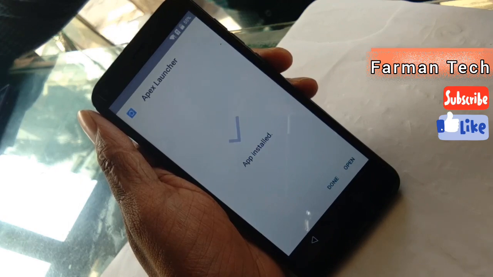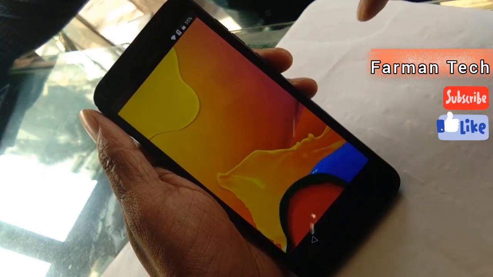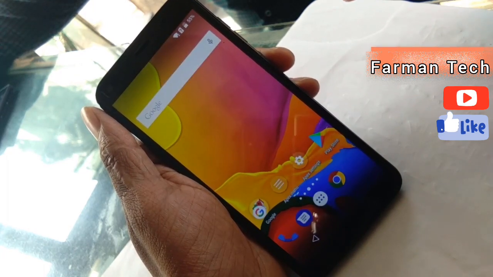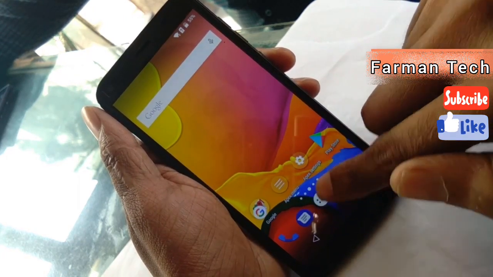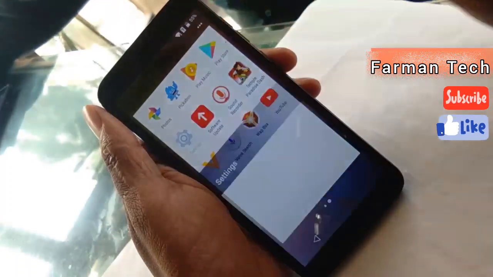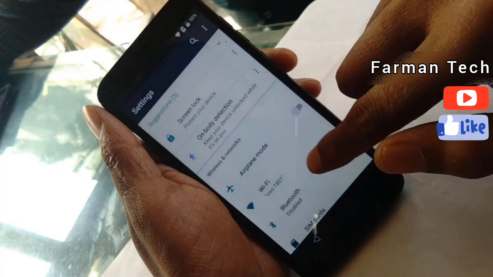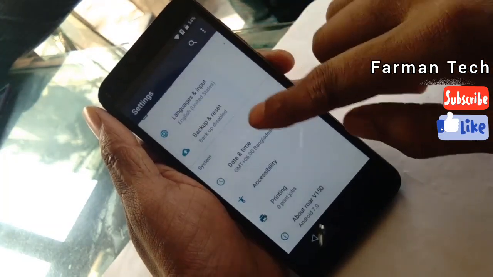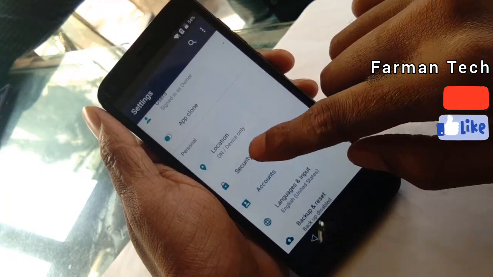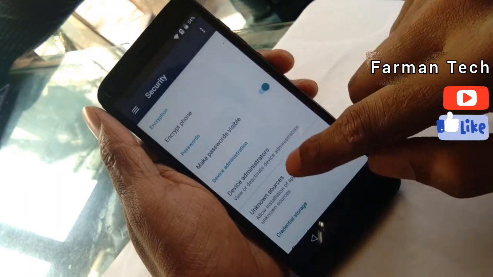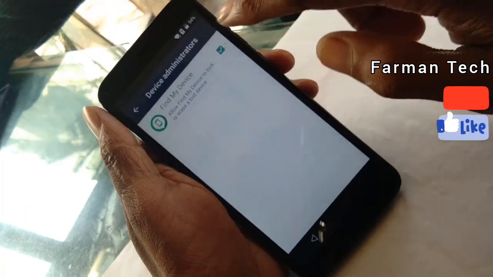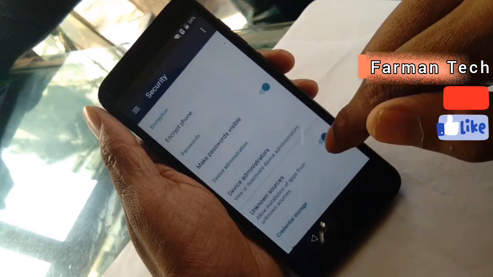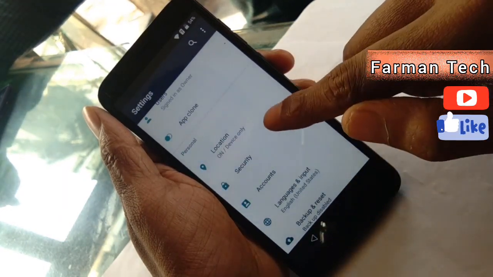And now guys, open this application. Now you have to click more apps and scroll down to go in settings. Guys, find security. After that, scroll down and device administrator, disable, deactivate this. And after that guys,